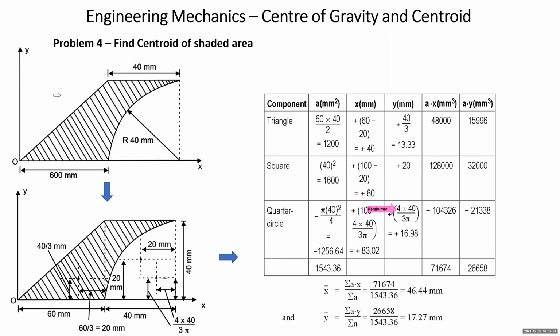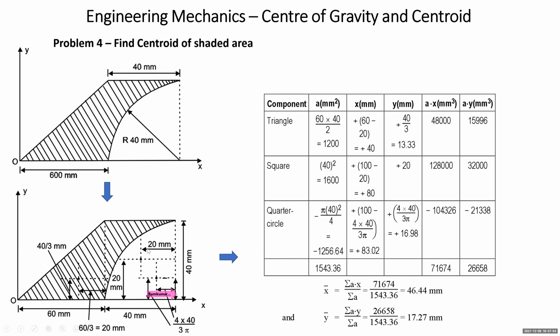Again, we need to find the centroid of the shaded area. How will this shaded area be arrived at? I hope you can understand. I have drawn the diagram again. Put this dotted line. The moment you draw this dotted line, immediately you get the idea. What idea do you get? You will take this as a square area plus this triangle minus this quarter circle. Again, I repeat, you will take this as a square, and plus this triangle minus this quarter circle.